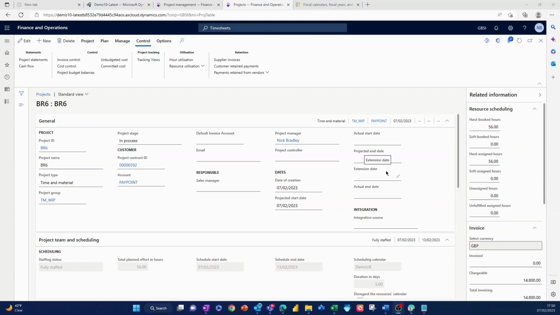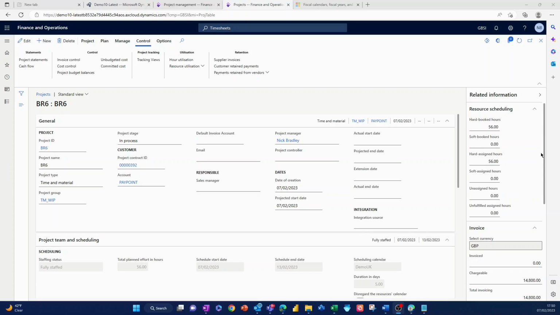This is project video 5, and we're just going to show that now we have some actual hours booked against this project. We'll show you some of the reporting and the visibility that you have from the project itself. So firstly, we have this FastTab down on the right hand side,